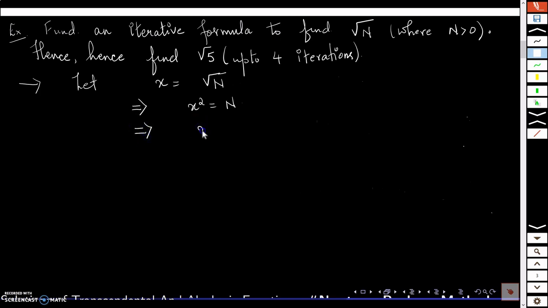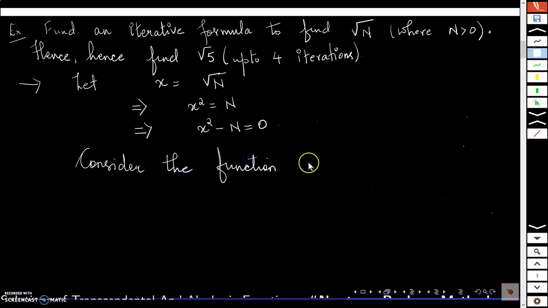And this is same as saying x square minus capital N is 0. So I have to find a real number x now such that x square minus capital N, which is given to me, will be equal to 0. Fine. So what we do, we take this function as f of x. Okay, so consider the function f of x is equal to x square minus capital N. So I have to find a real number x such that x square minus N is 0. That is, I have to find a real number x now such that f of x is 0, because I have defined f of x to be equal to x square minus N. And that is as good as finding the root of this function f of x,